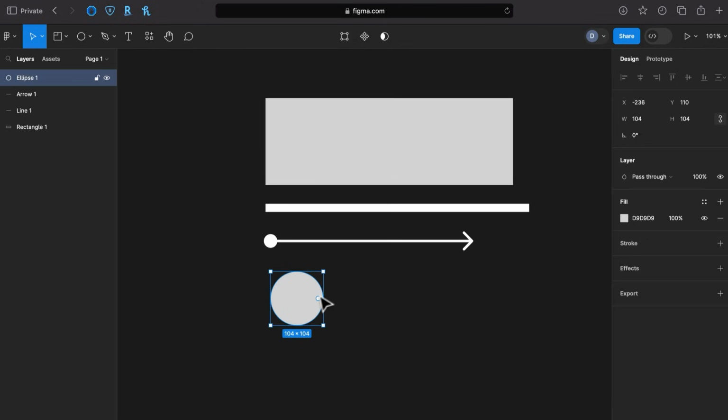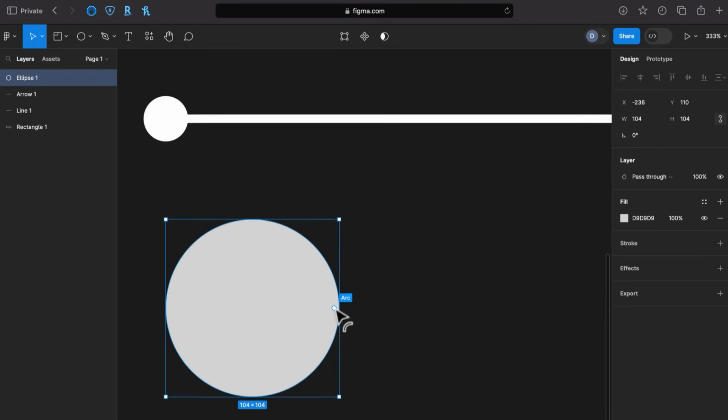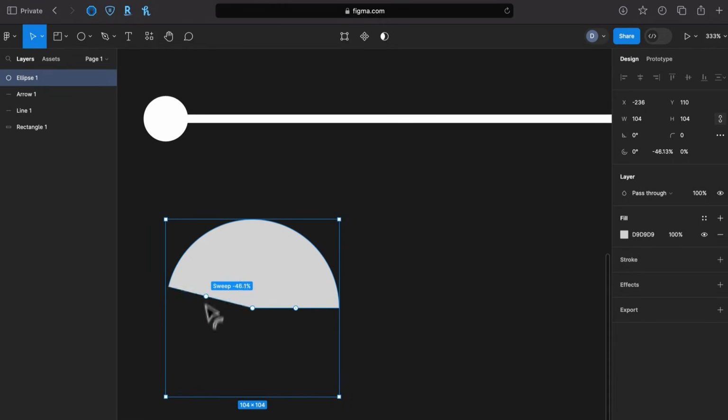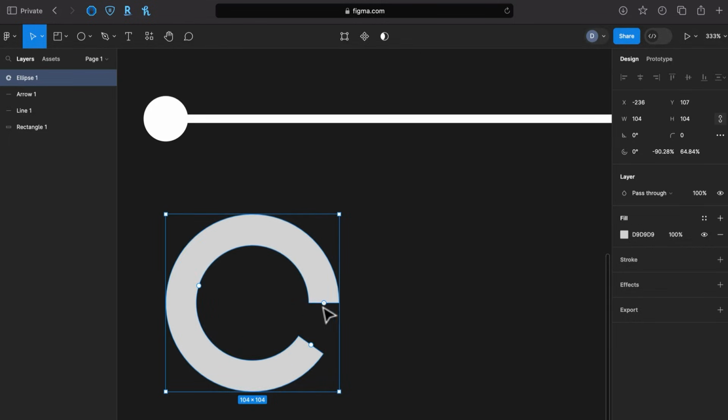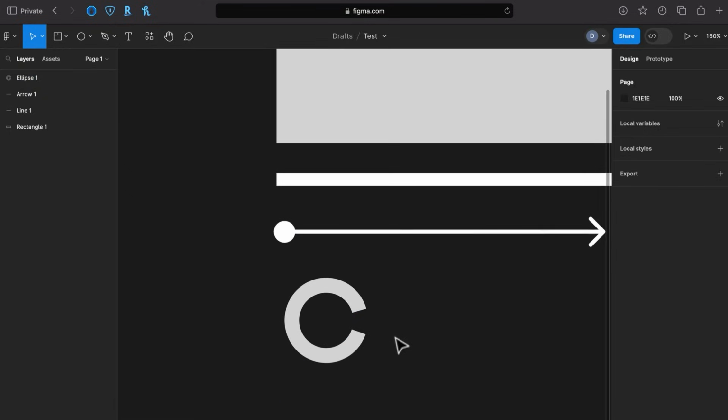Here's a big tip though. Use the ellipse tool to create other shapes like semicircles or pie charts, rings, donuts, and semicircle rings. So if we come in here, we can use the arc tool to do stuff like that. So let's bring it in. We can modify that to create, like, I created a letter C. Looks pretty cool, and it took me like 2 seconds. And the shortcut is O. So if I press O,